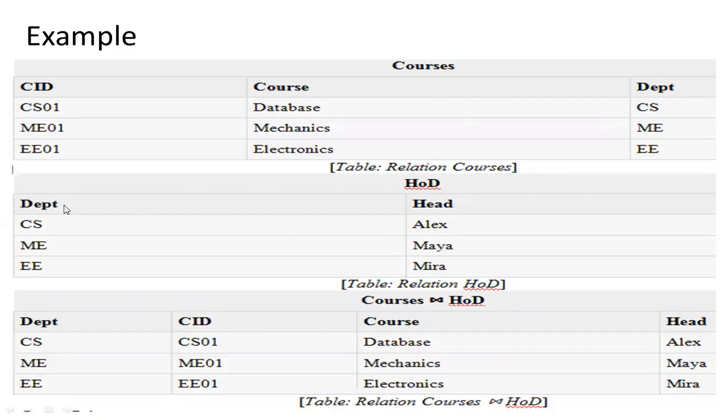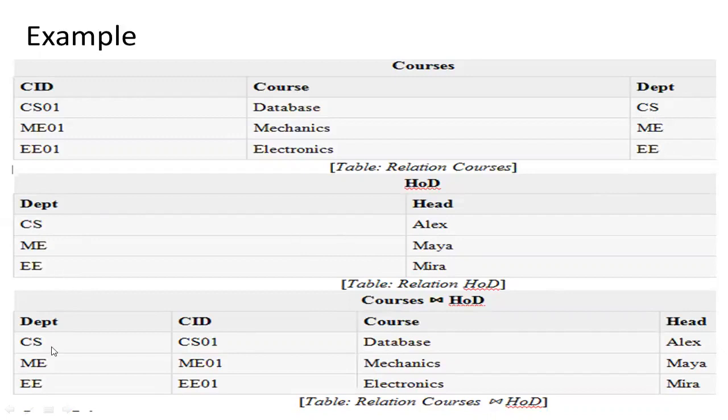That is why this is the condition to make a natural join. Based on the common attribute value you are going to make the join operation. You can see here department and CID, that is course ID, then course and then head. Now you are going to compare CS and CS, ME and ME, and EE and EE.